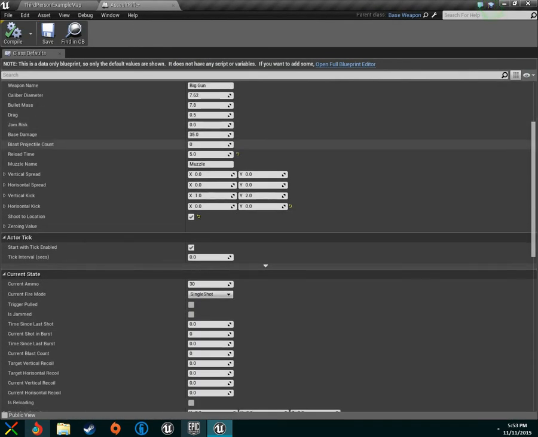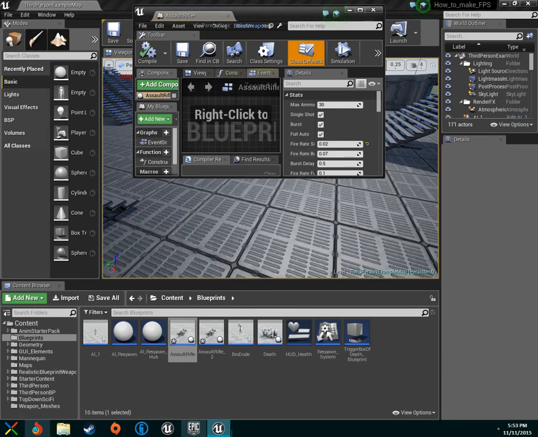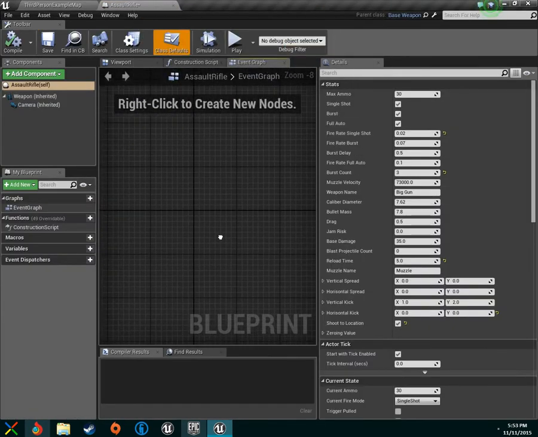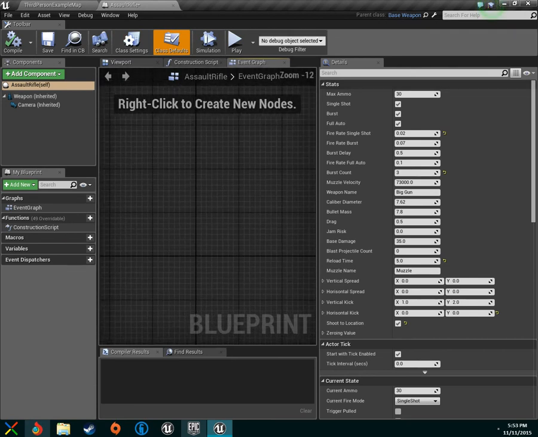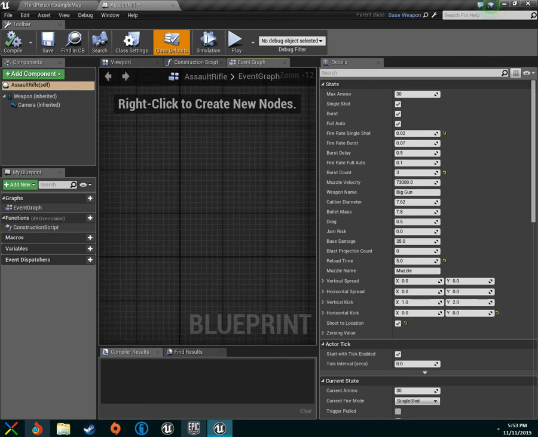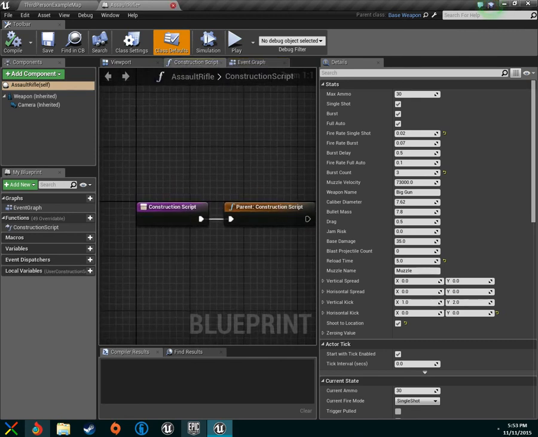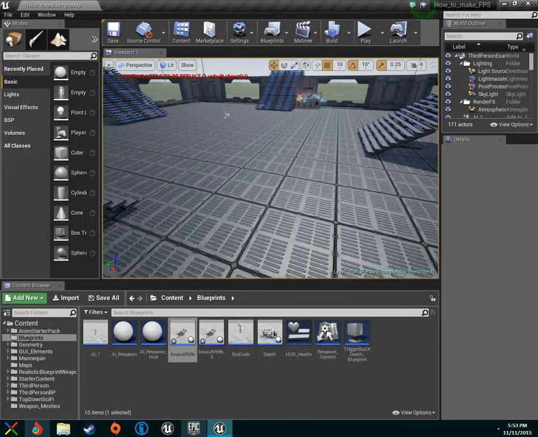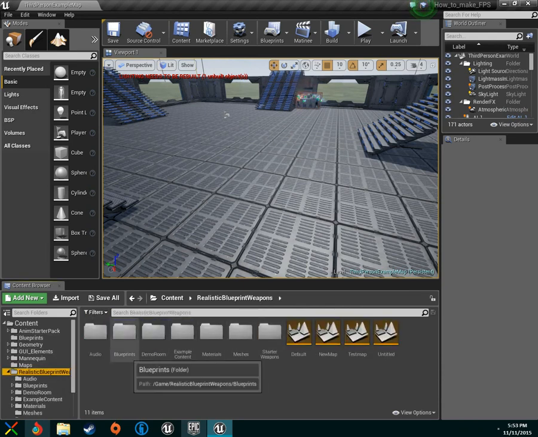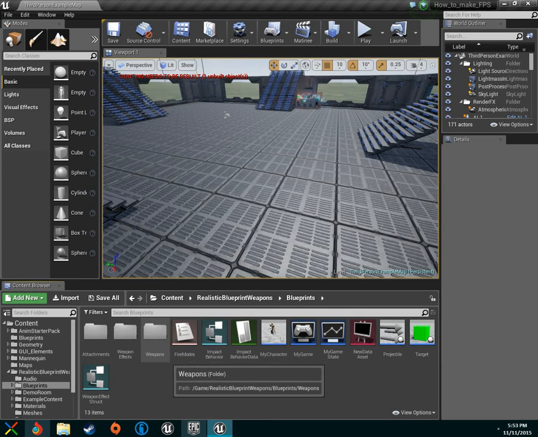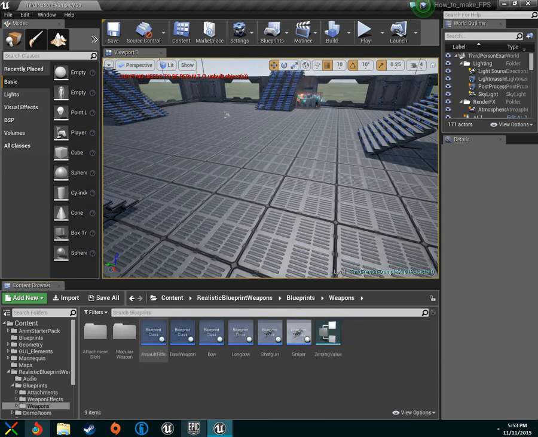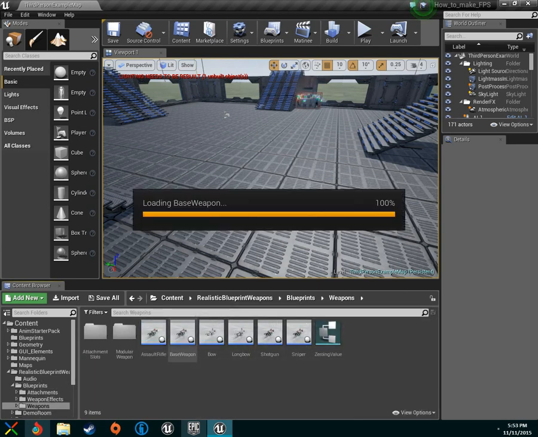is we'll have to open the blueprint editor, but there are no blueprints for this because this is all just a child of the base weapon. But we should still be able to interact with it. Actually, let's just do everything on the base weapon, but we'll have the assault rifle drop. I think this should work just fine. So we'll have the run over and pick up on the base weapon. So let's go to our base weapon,